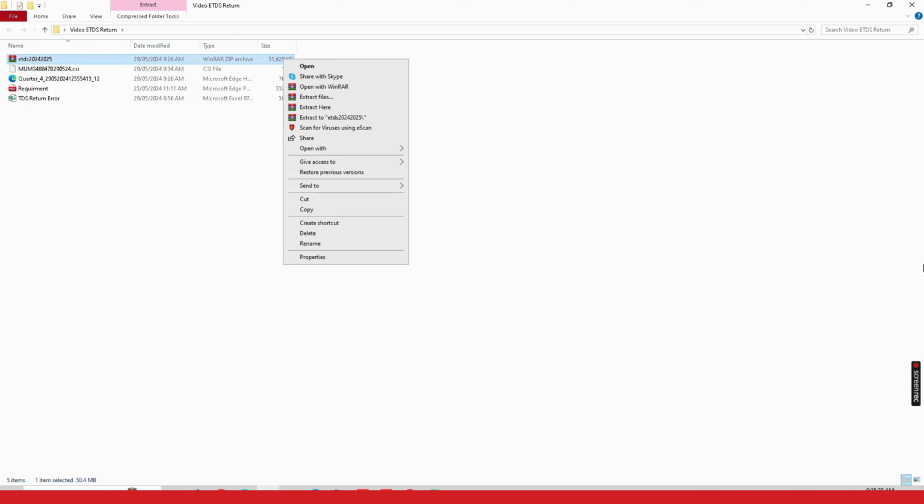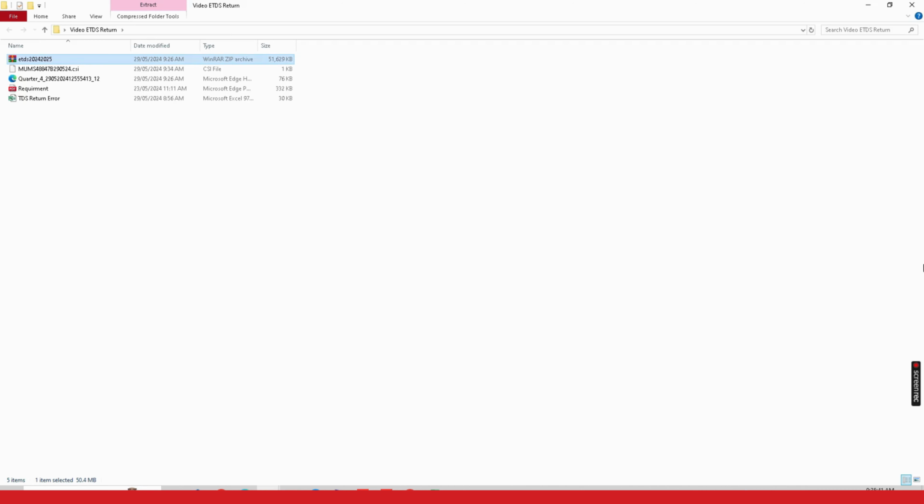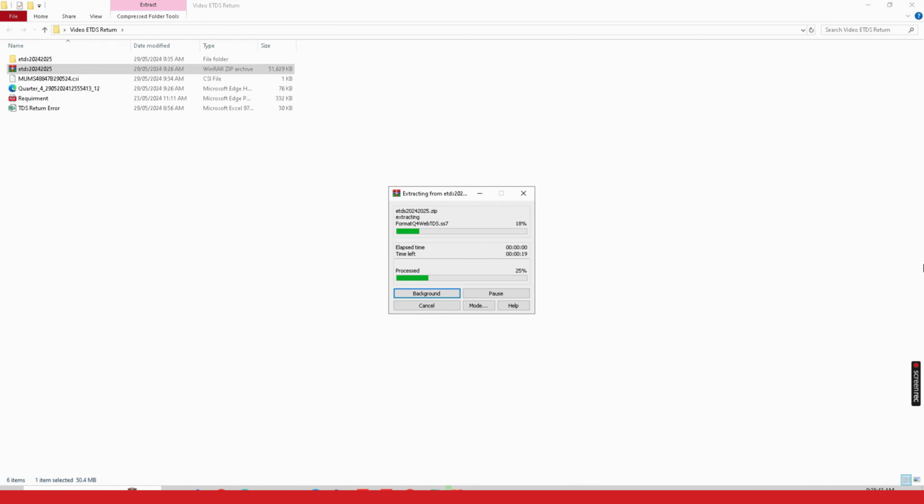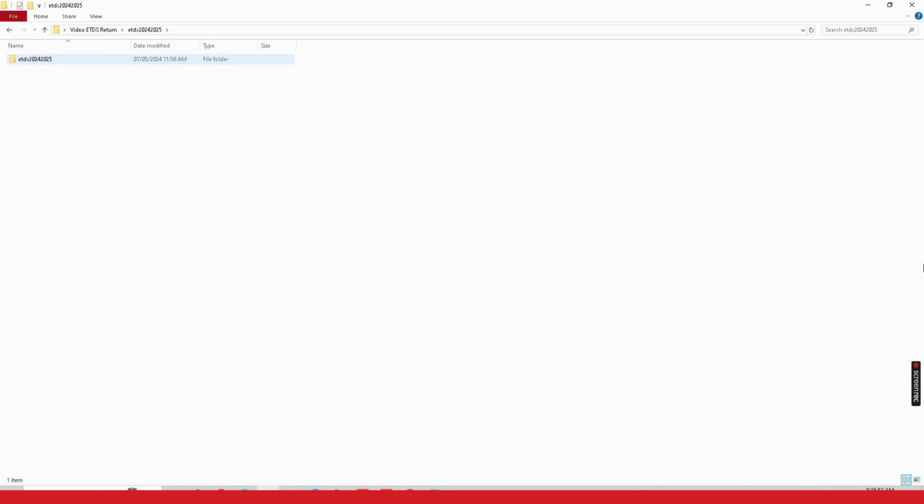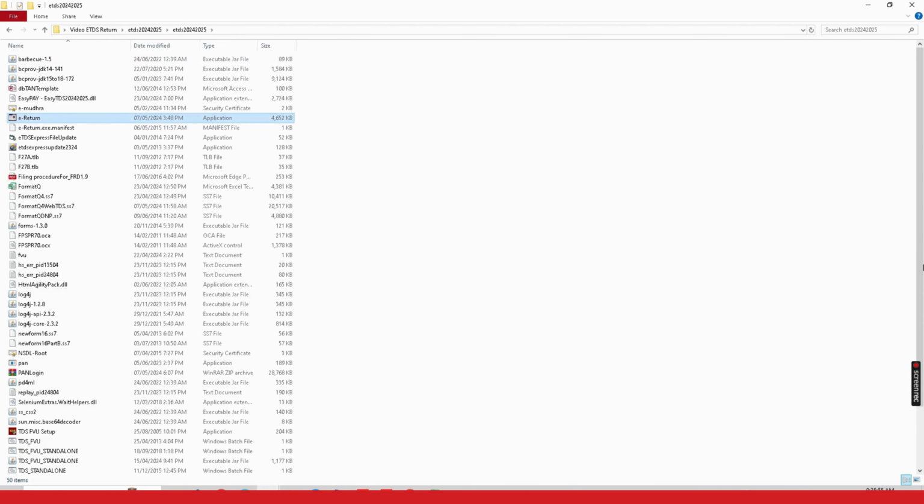After downloading this file, extract the utility file that you had downloaded previously. Then open the extracted folder and select the A-Return application. Then double-click on the A-Return software application to generate your FVU file.